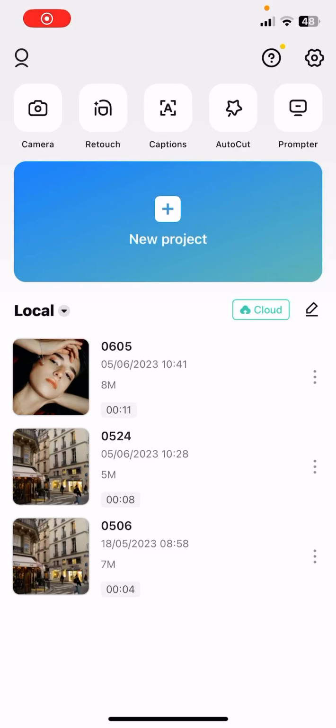Hello guys, in this video I'm going to show you how to overlay clips in CapCut, but first I wanted